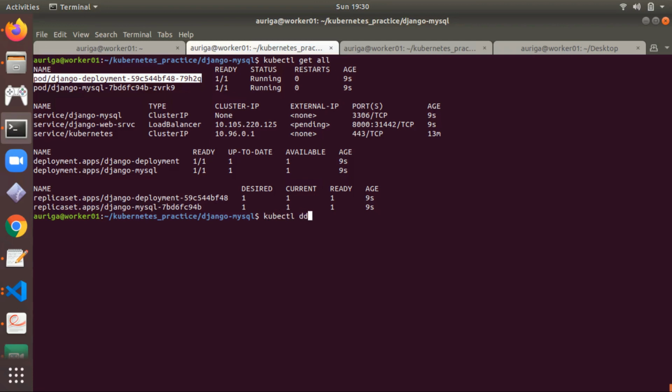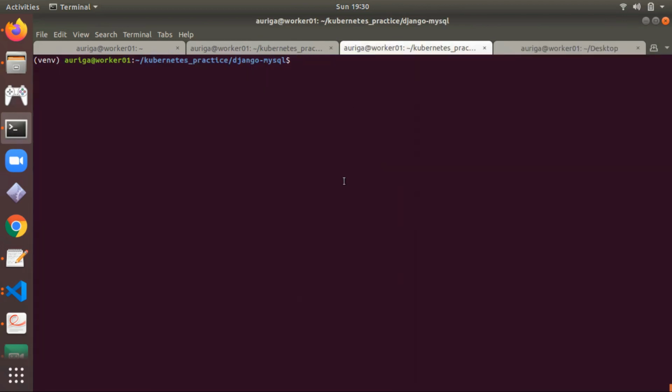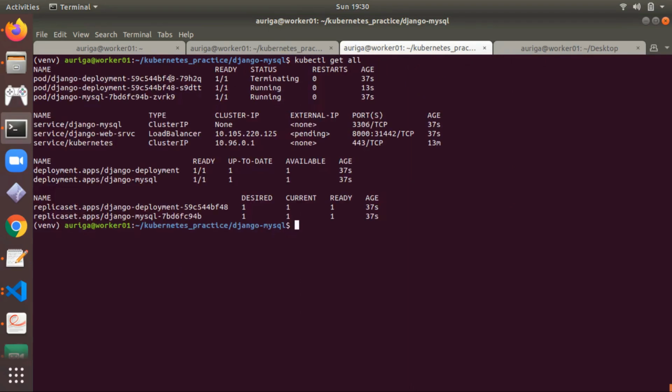And you can see if I delete a pod, it will be created here. Let me show you. So the existing pod is terminating and a new pod is in running state.